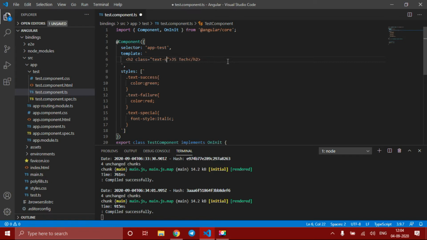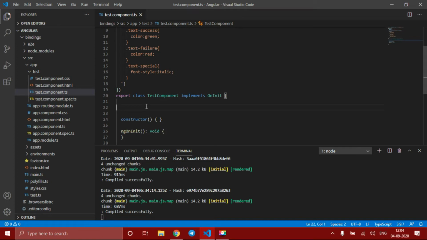We use only, let me keep it to success only, class binding. Before we bind a class, we need a property representing a class. So for that, let me create a property.